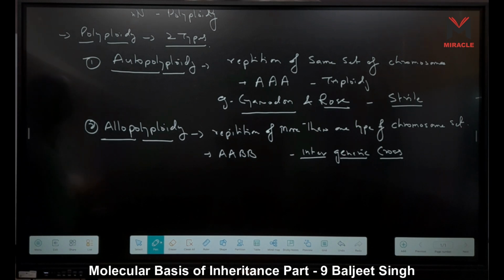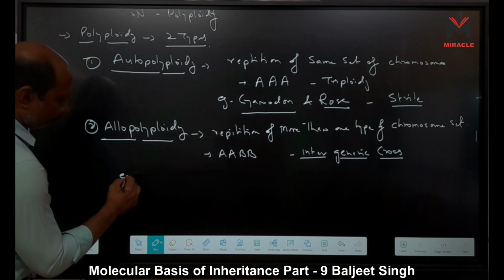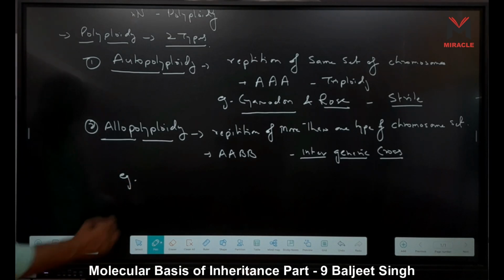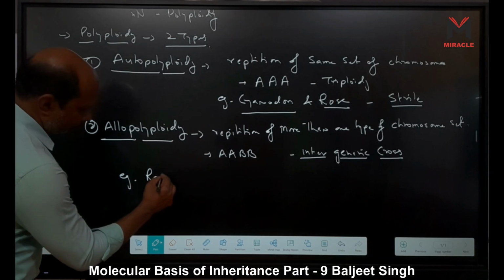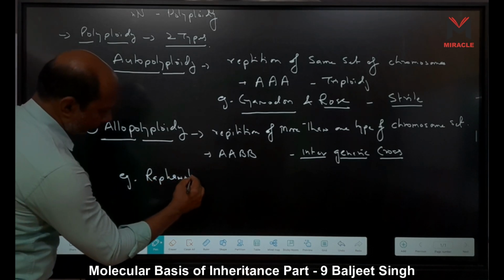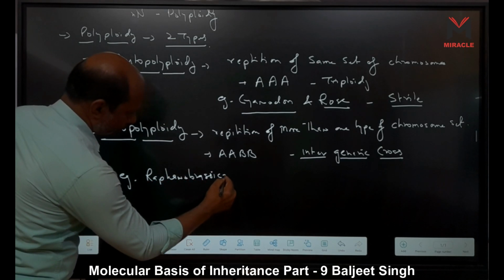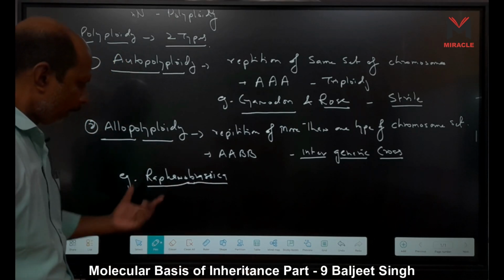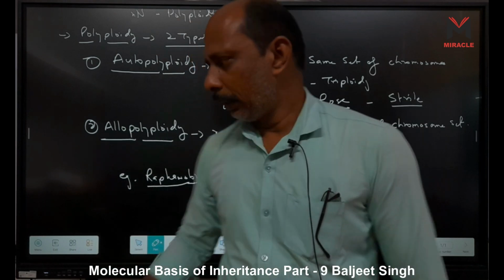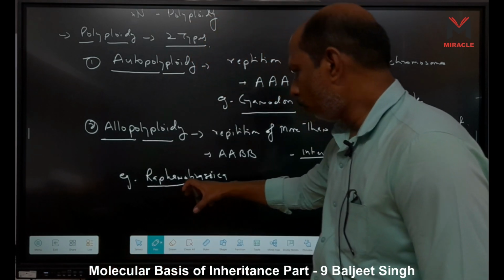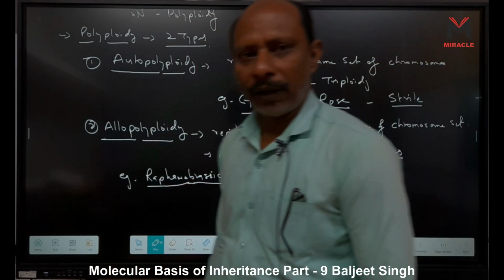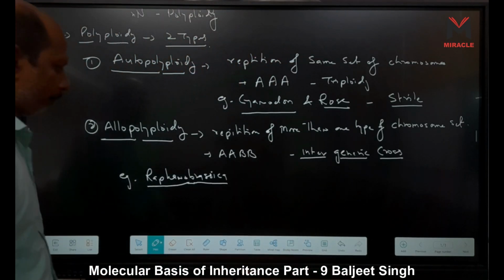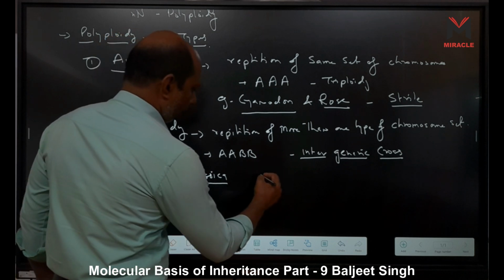As for example, the first example is Raphanobrassica. Here you can see two different names, Raphano and Brassica. So Raphanus sativus plus Brassica oleracea. That means it is a cross